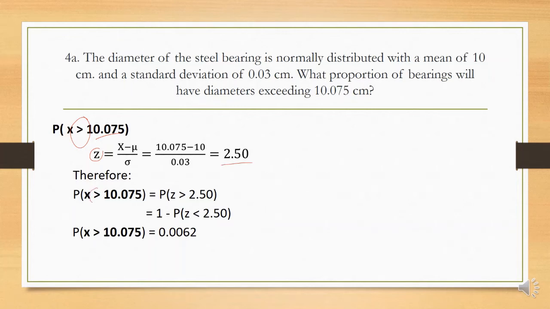And whenever we have the sign greater than, we need to change it, no, sa ating less than value, so we will be able to read yung table natin. Kasi kung greater than yan, wala tayong mariread sa table. Okay? So, what you do for simplicity is just convert it 1 minus nung less than, no, ng ating converted